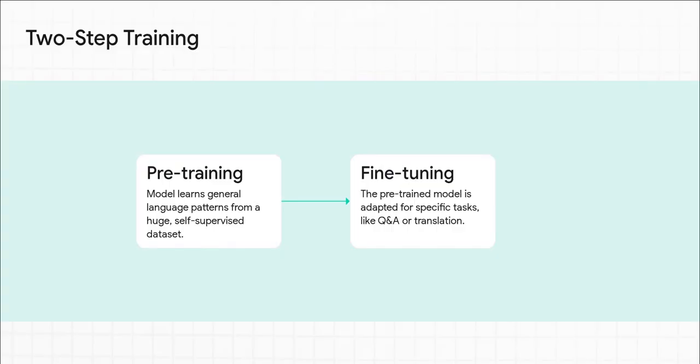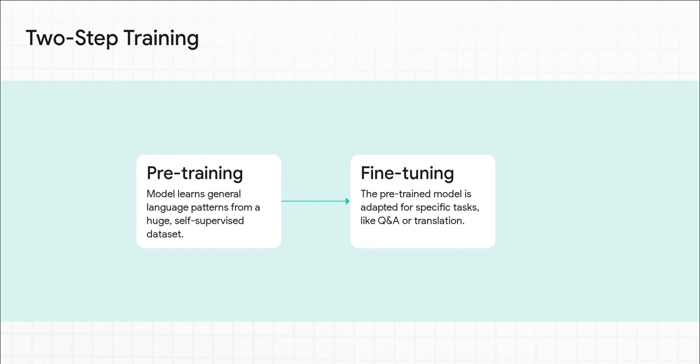So, how do you actually build one of these giants? Well, it's basically a two-step process. The first part is called pre-training. Think of this like sending the AI to university. It just absorbs everything it can about language, grammar, facts, different styles of writing, even a bit of reasoning from a gigantic data set. It becomes a generalist.